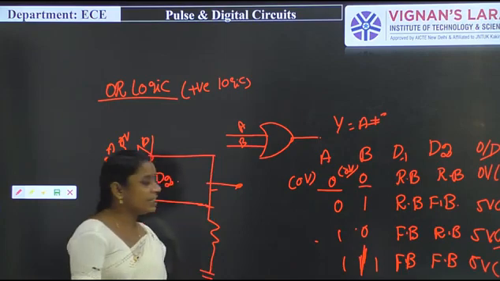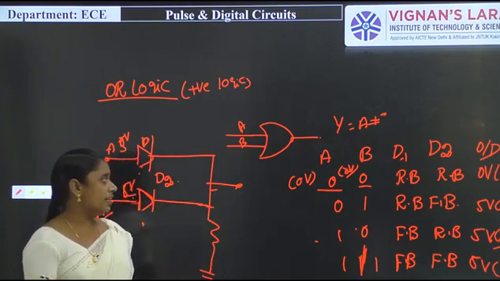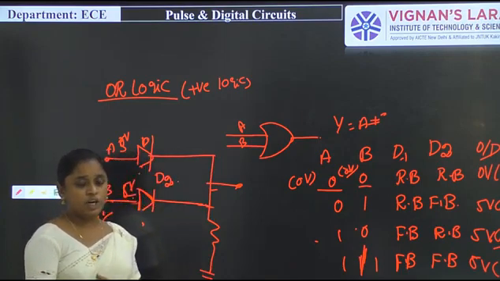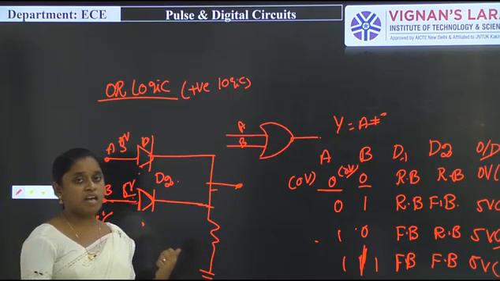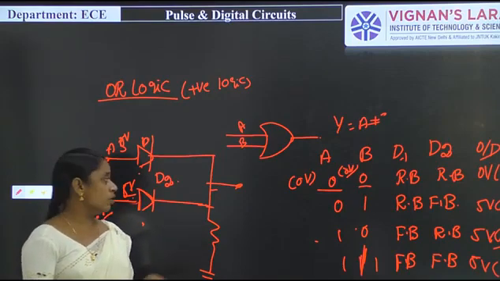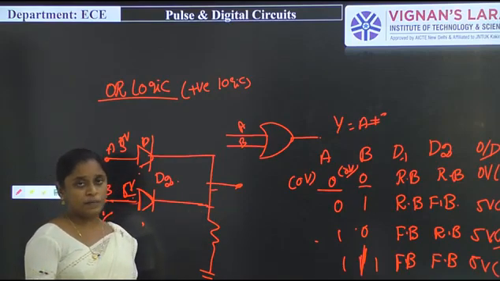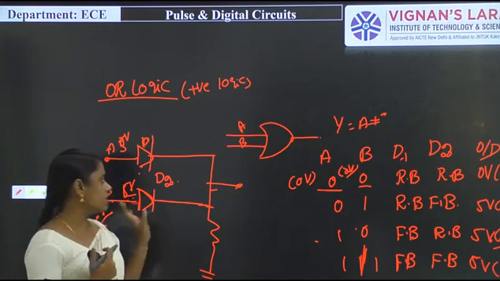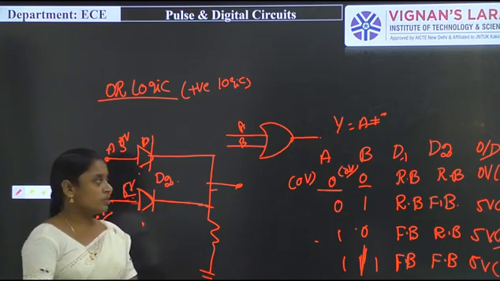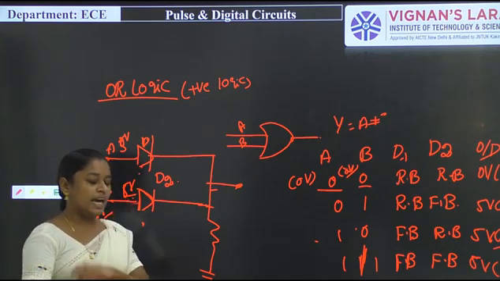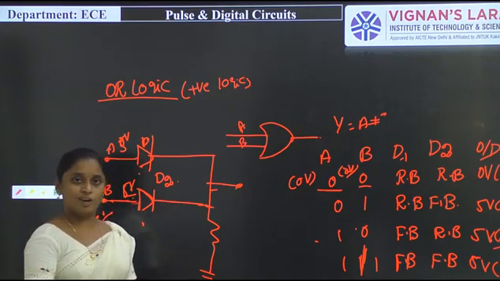So this is the OR gate with positive logic, and coming to the OR negative logic, the diagram will be the same as under positive logic. So just check the condition of that particular one. That is your work. Just check the condition of this OR negative logic. The circuit diagram will be the same as under positive logic.